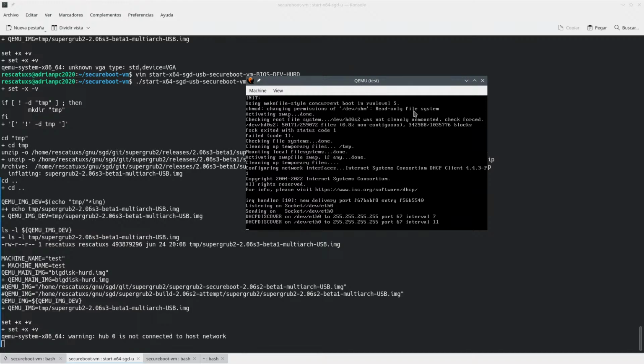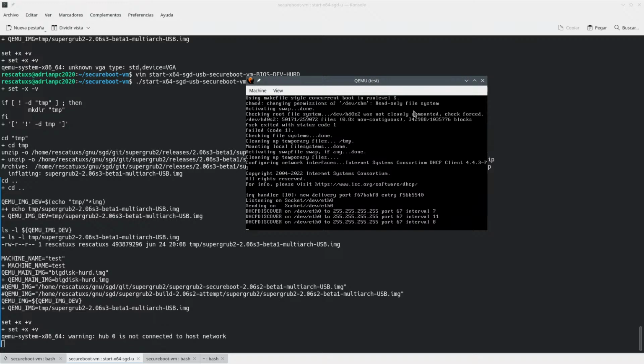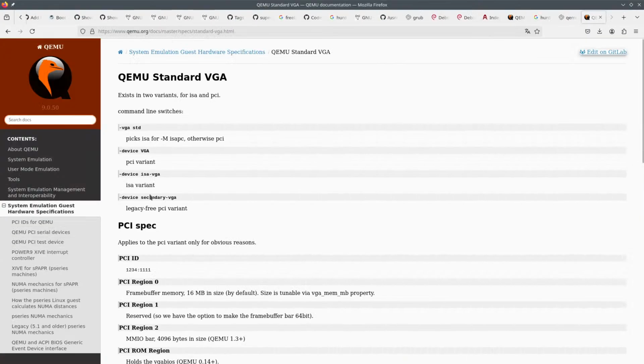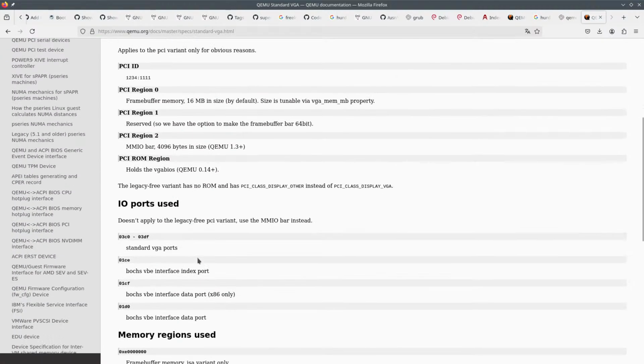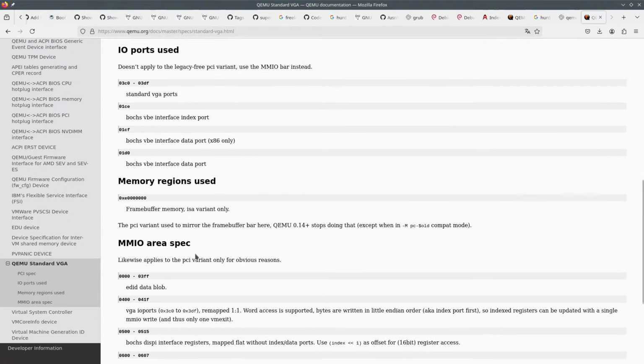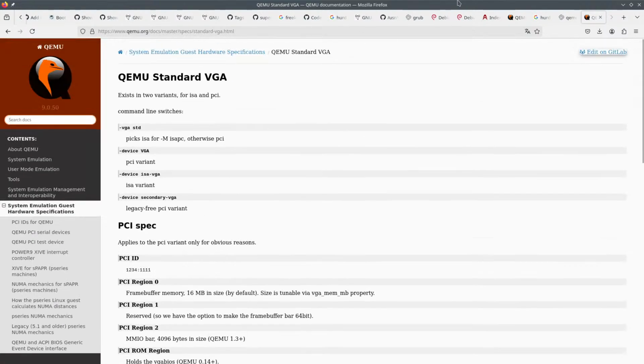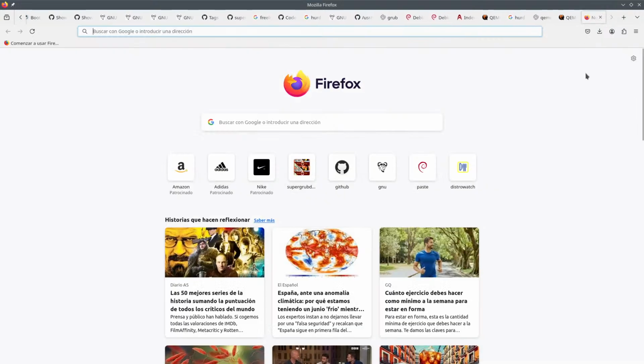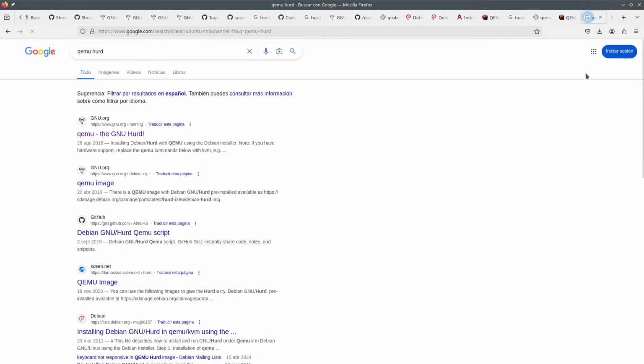Because this is not right. So what are we left to test? So we have device VGA, we have the ISA variant, the secondary VGA, ports, memory used, GNU Hurd.